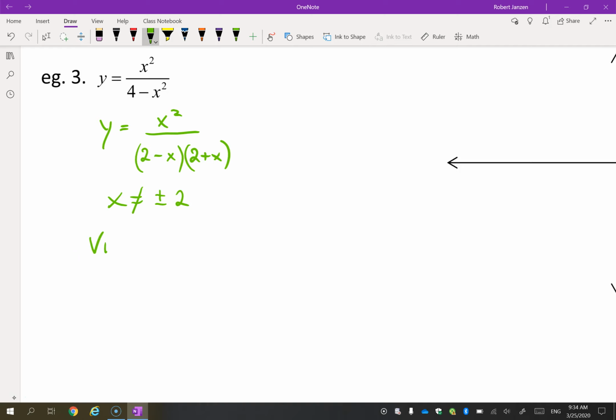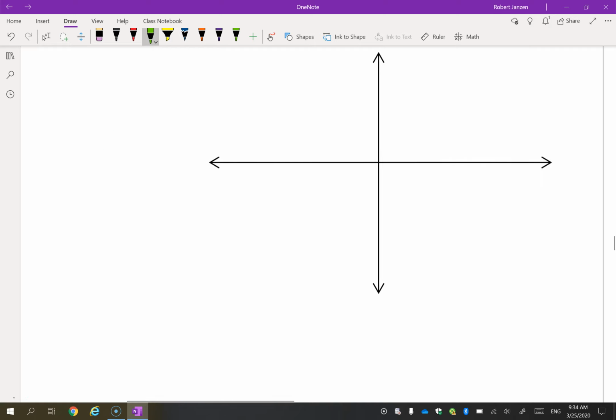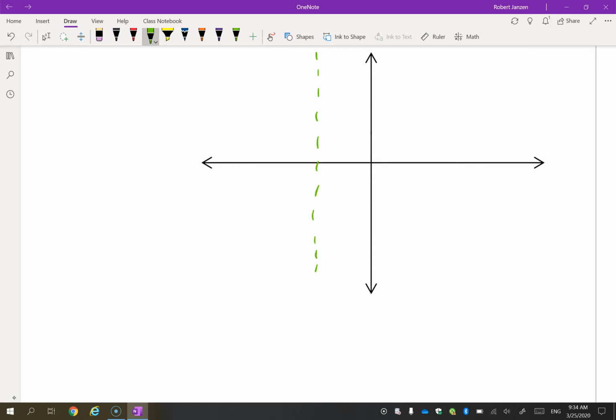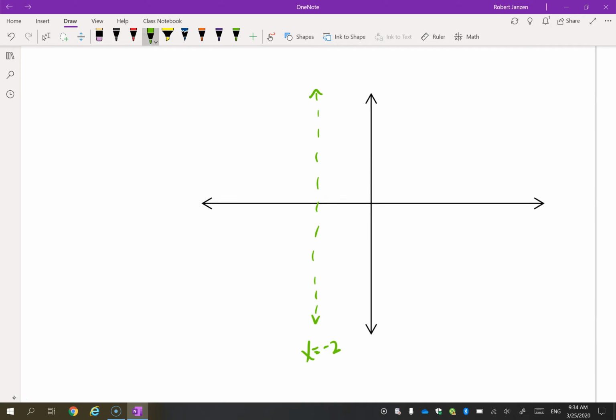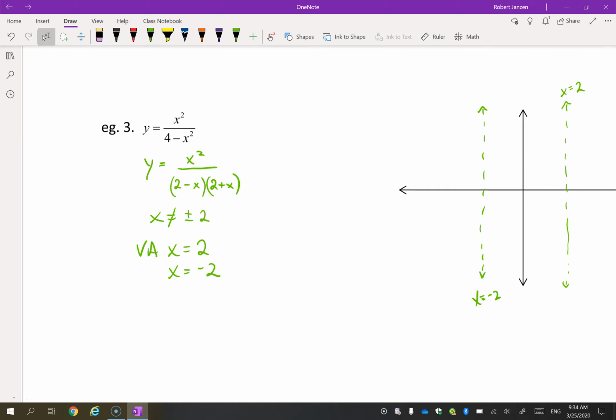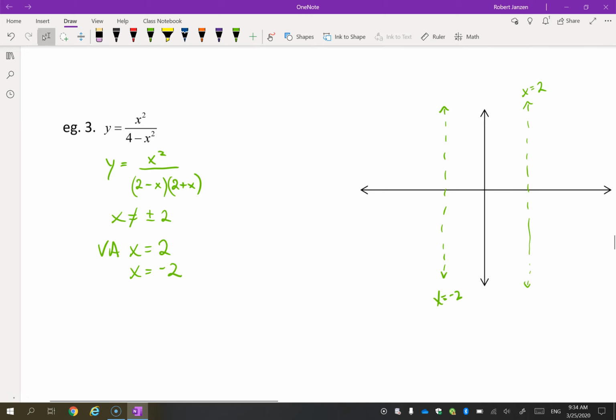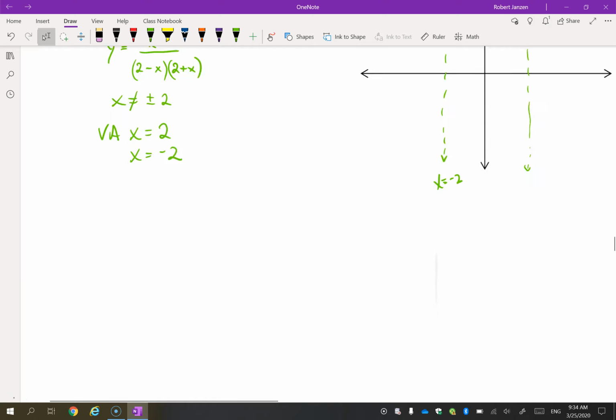What is happening at each of those? There is a vertical asymptote at 2. There is a vertical asymptote at -2. Okay, so we can draw that. x equals -2, and x equals +2. Okay, so that's looking at the first characteristic. That's the one I would always start with, figuring out what are the non-permissible values and what does it mean when you have that. Okay,